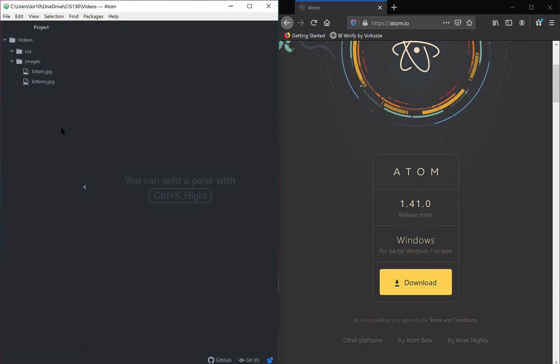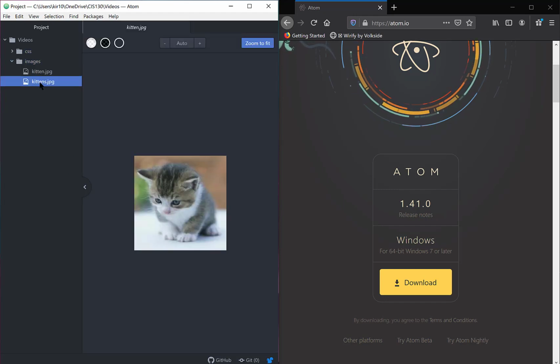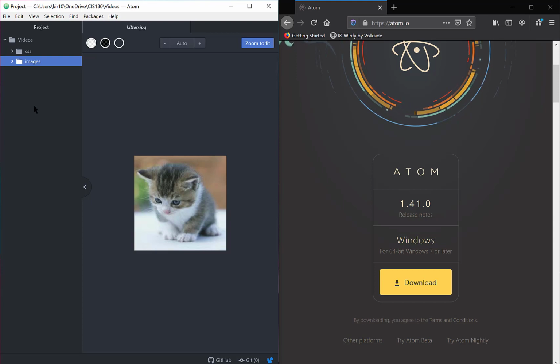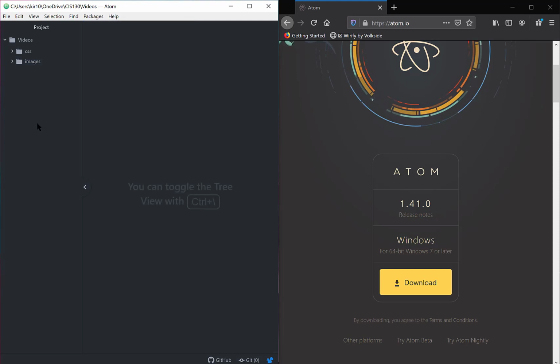And so things are going to get a little bit more organized, as you can see. I've got a CSS folder and I've got an images folder, and in my images folder I currently have 2 kitten pictures. So these are going to be part of my project apparently, so I'm going to start organizing it. Now this organization isn't unique to Atom. I mean, you could have done that in Notepad++, but I want us to start thinking about a little bit more organization as I'm demonstrating Atom. So that's why I've kind of included it here. All right, so